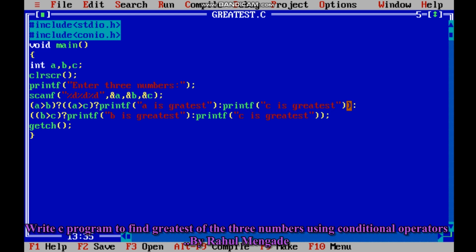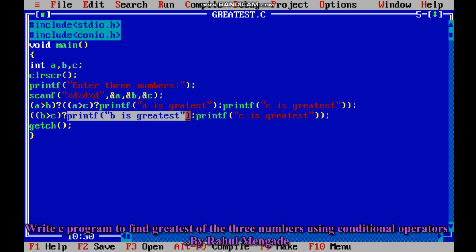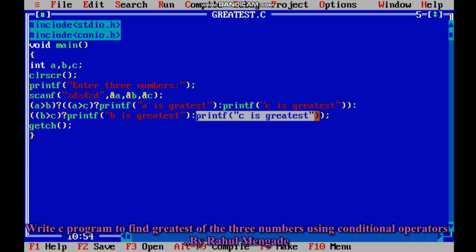After that, if the first condition is false, that means b is greater than a, then skip the variable a, then compare b and c. If b is greater than c, we execute the first expression, and if this condition is false, then the last expression is executed.